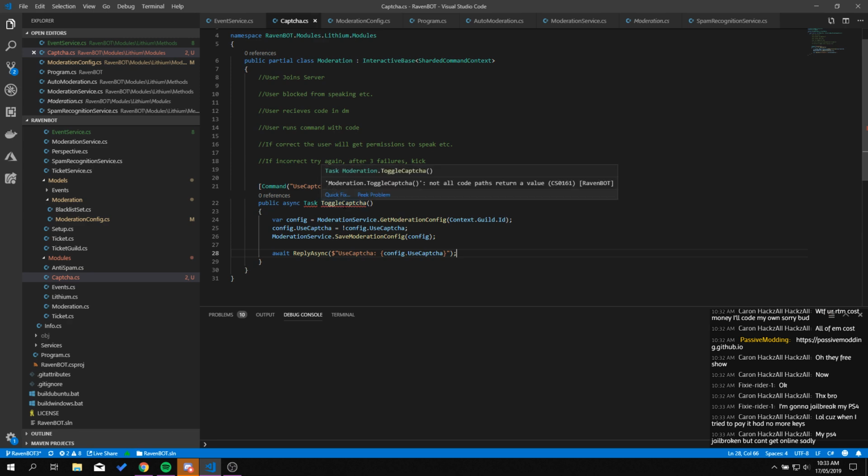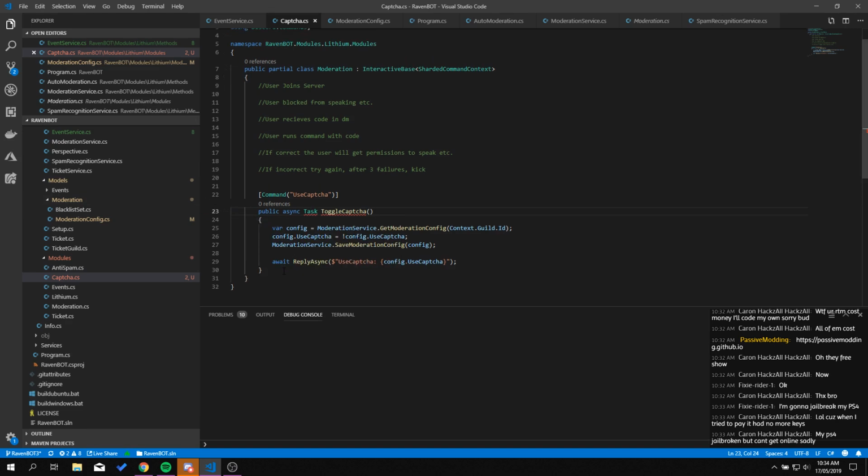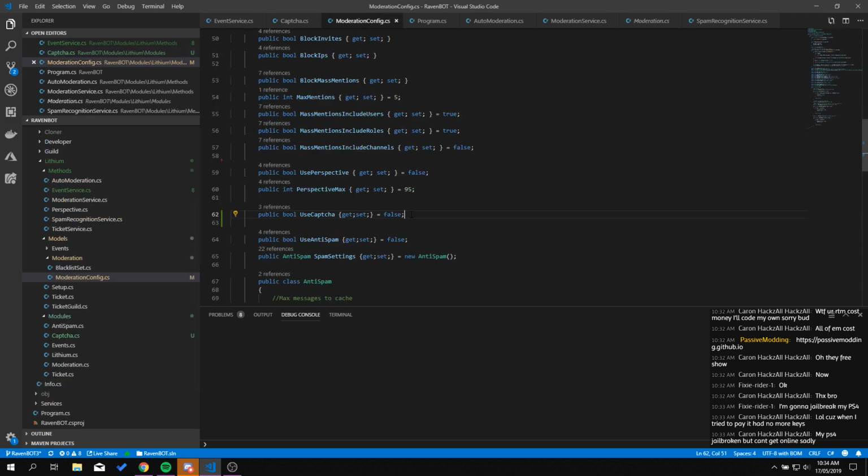Why is it showing an error? Shouldn't need to, because it's an async task. Public async task toggle Captcha. Alright. System threading tasks. Okay. We should need to set the amount of failures and then what to do after they go through all the failures. So if we go,